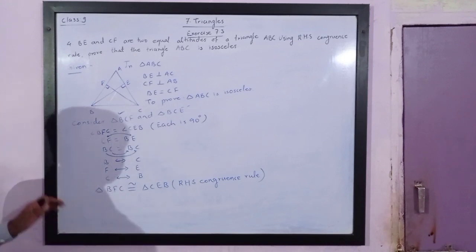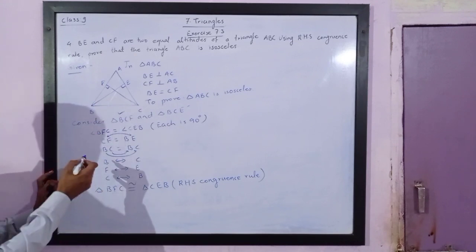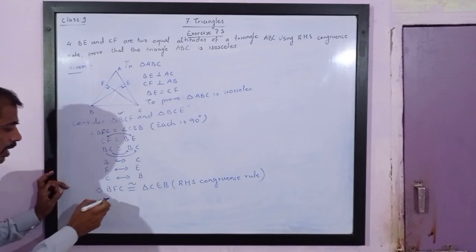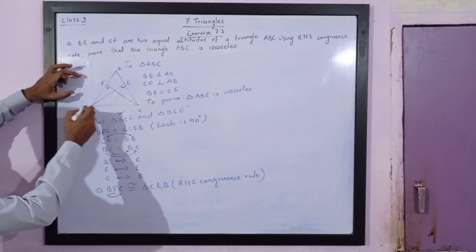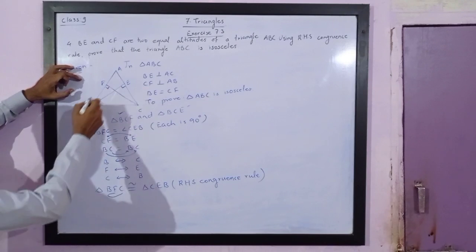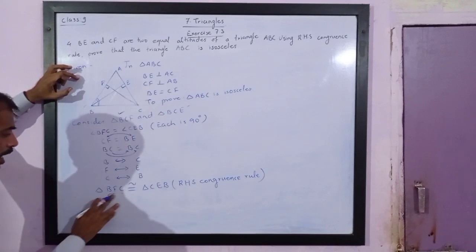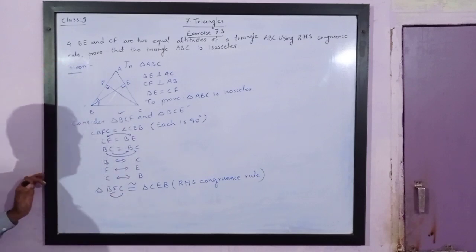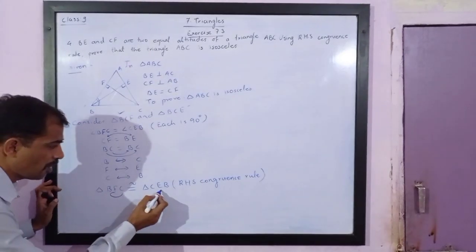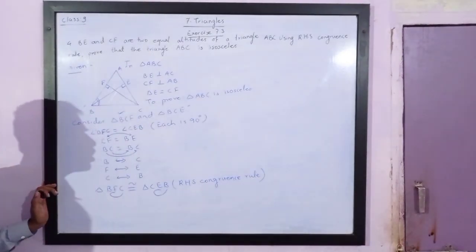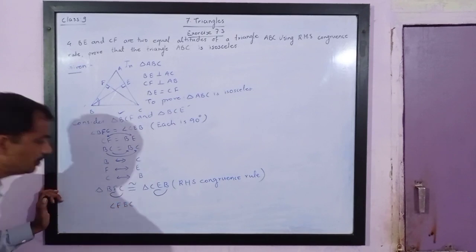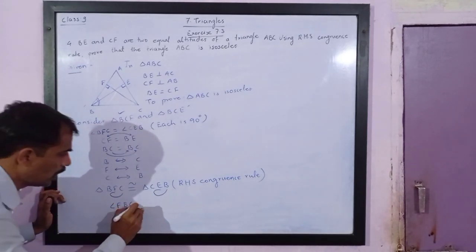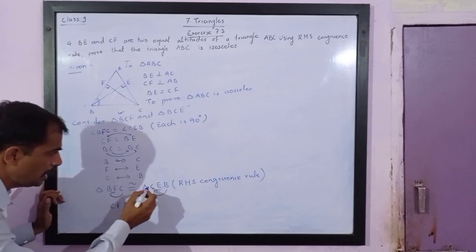Now, from this we understand that angle FBC. I want this angle FBC. FBC is this angle. So I am starting from the second vertex, coming to the first, and then going to the third. So on this side also I will have to do the same thing: start from the second, go to the first, and then go to the third vertex. So I will get angle FBC is equal to angle ECB.